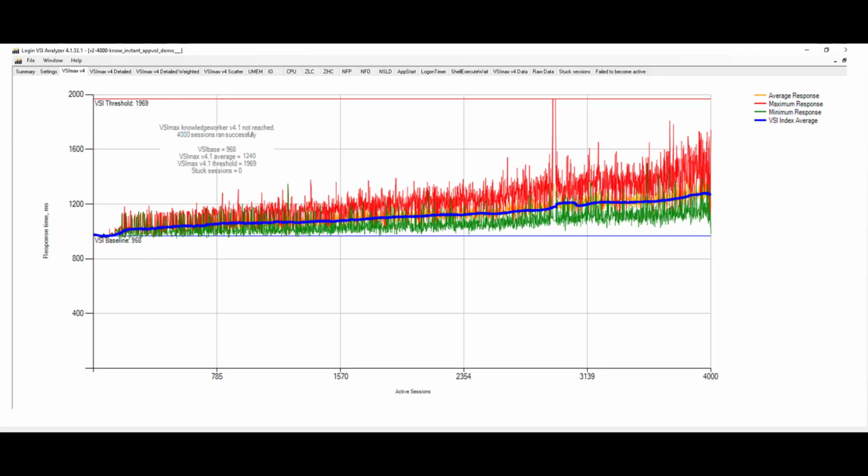Login VSI scores are determined by observing the average application latencies, highlighting the speed at which users' operations are completed. This directly lets us quantify user experience, since the measurements considered are at the application level. This graph is generated by Login VSI. The blue line in each of the Login VSI charts follows the progression of the Login VSI average against the number of active sessions. From the average shown in the graph, the application latency is much lower than the VSImax threshold watermark for 4,000 active users,